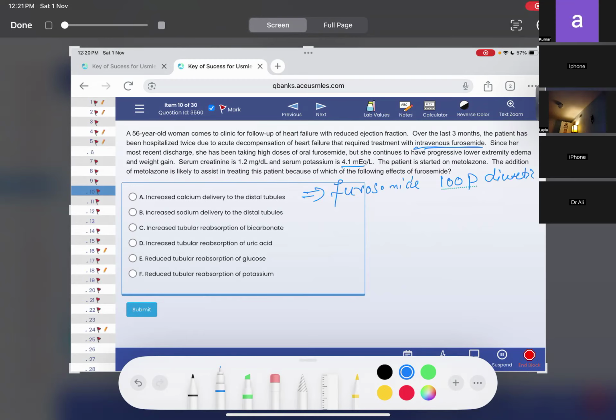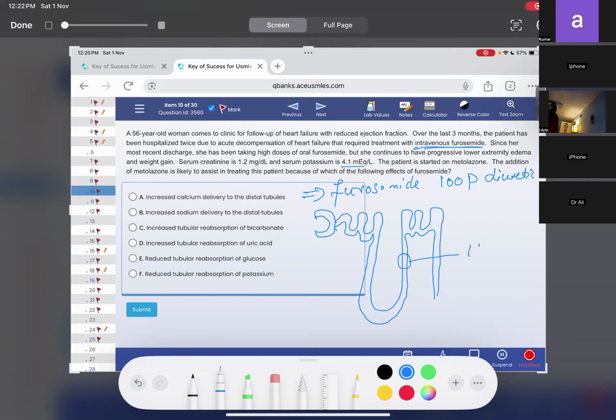Okay, doctor? So what happened here? Let me draw a nephron for you so that it will eventually become clear. So this is a Bowman capsule. This is... so most probably the furosemide works here by inhibiting